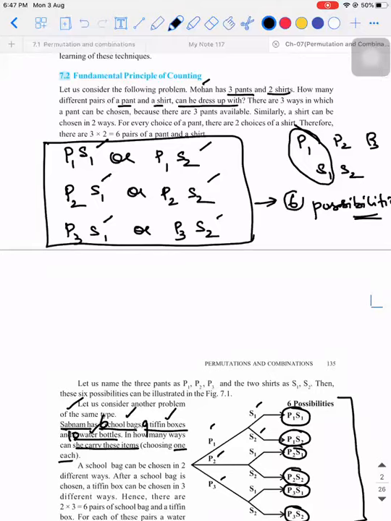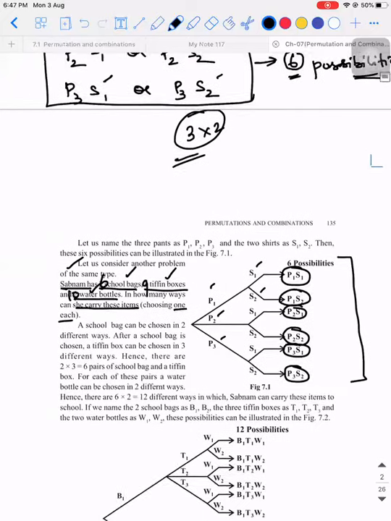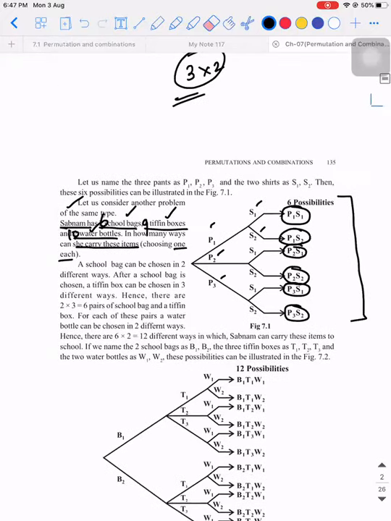Now I'm going to see how did I get this 6 from the numbers that I have in my hand. So I have 3 pants and 2 shirts. I'm looking only at the numbers. Pants are different objects. Shirts are different objects. In how many ways can I think of combining both and using one at a time? So I told 6 possibilities. How will you get 6 from 3 and 2? The only option possible is multiplying.